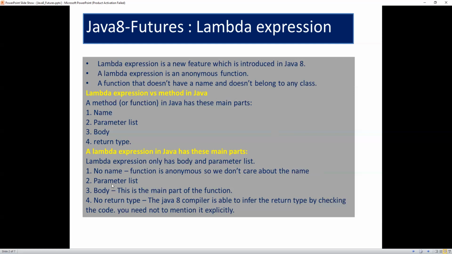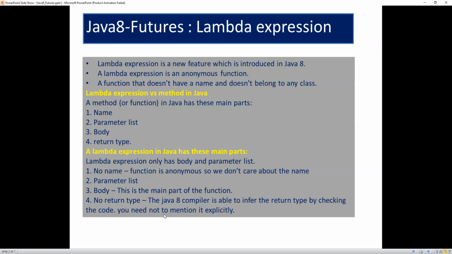Parameters list in the sense of method arguments. It can have zero parameters, or more than one parameter. And the body is the main part of the function. No return type. No return type in the sense that the Java 8 compiler is able to infer the return type by checking the code. You need not mention it explicitly. The Java compiler will implicitly do the return.